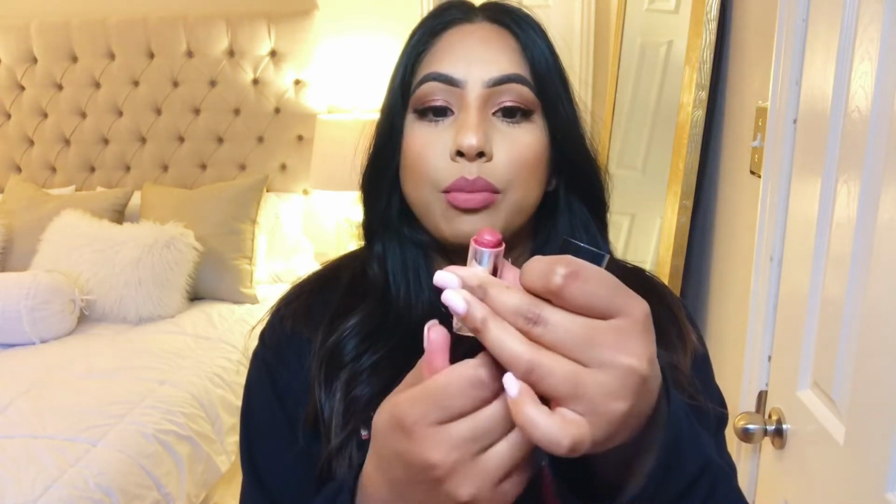So the bullet is essentially almost done and broken, and this is so ghetto. This is so gross. But the color, you guys, the color and the pigmentation and how vibrant it is unrivaled. This lipstick formula is beautiful. The packaging is so classy. It has nice weight, nice texture to it, and it just makes you feel a little special when you use